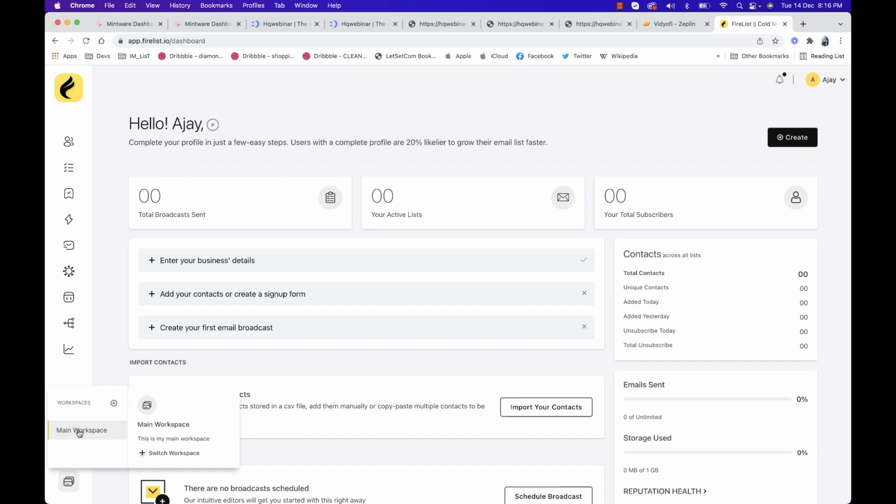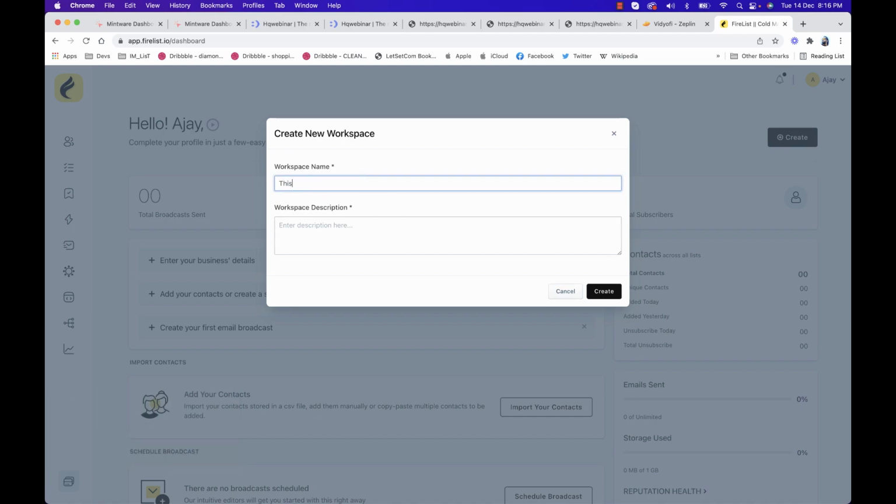If you click on this, you see the main workspace is here. You can click on this plus icon and create multiple workspaces. Let me create one, let's say affiliate marketing.